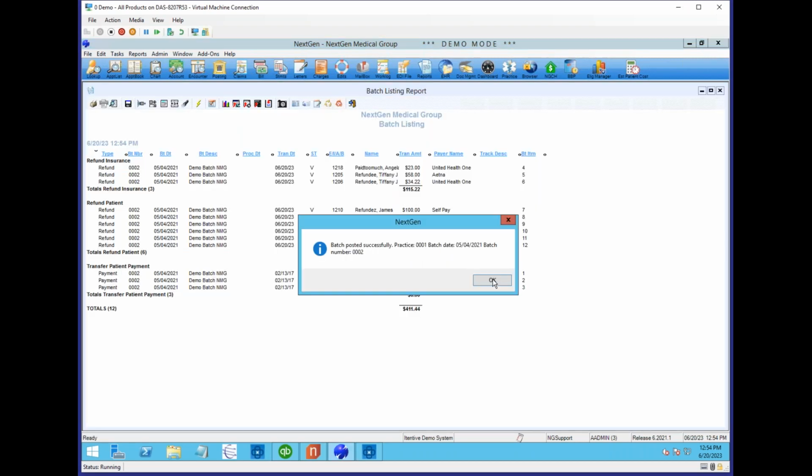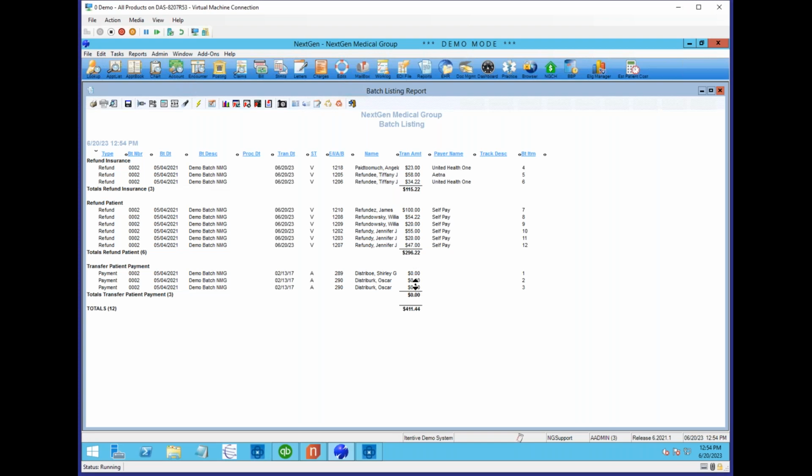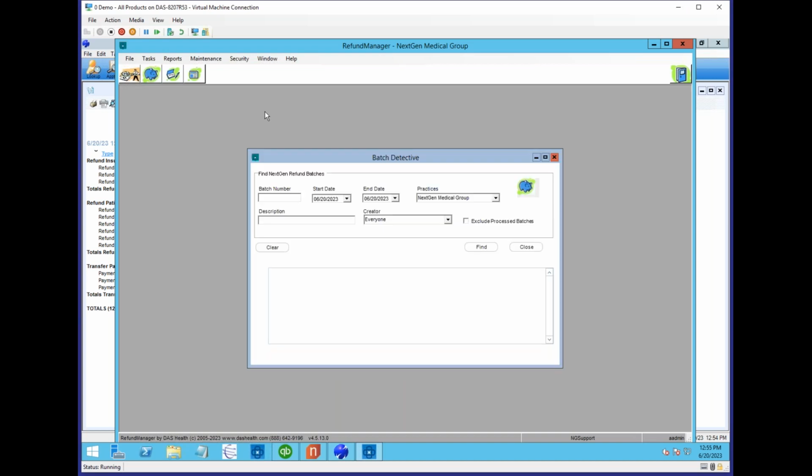So I've posted my batch. At the bottom of the batch here, I have the ones that netted 0. Those were those moves of the money. At the top here, I have my insurances to be refunded, and here in the middle, I have my refunds to patient. So normally a lot of practices would send accounting a report or a spreadsheet, and accounting would hate life because they have to data enter that all in. Because RefundManager can interface with all these different accounting systems,